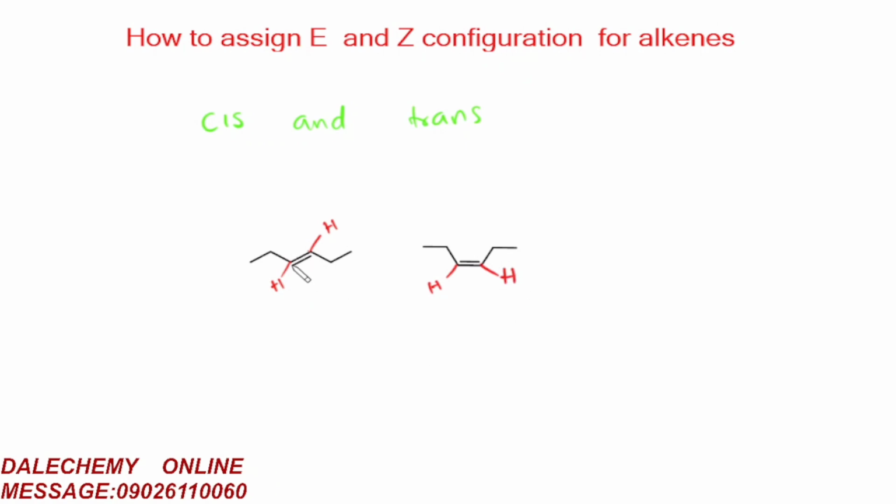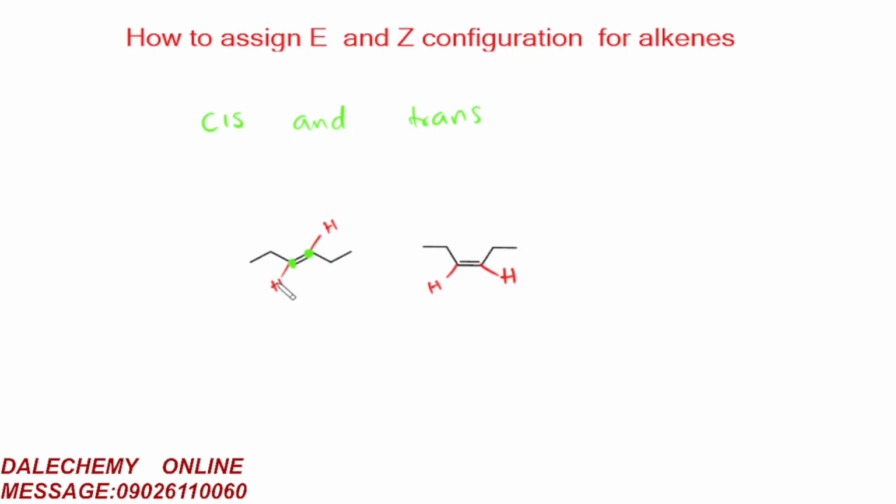Now when you look at the two carbons participating in the double bond, this first one and the second one, and you look at the two things attached to each, you see that they have two things in common: hydrogen and hydrogen, or this ethyl group and the one here too. So we now check these two groups that are common to both carbon atoms participating in the double